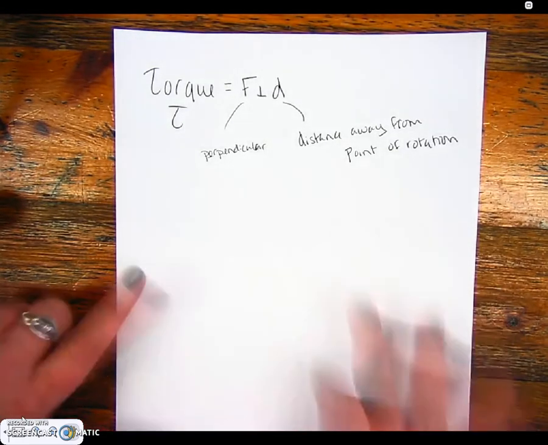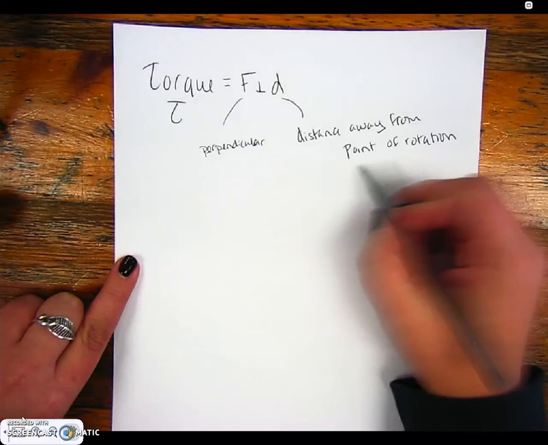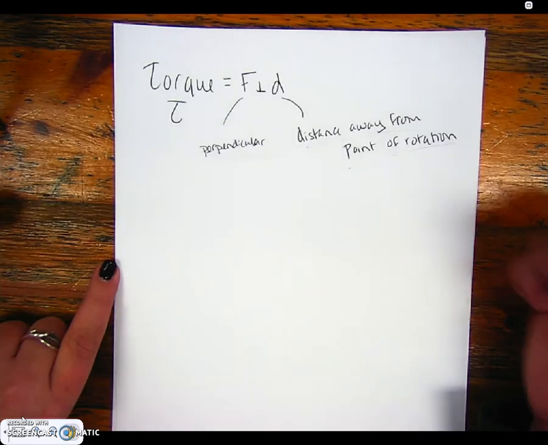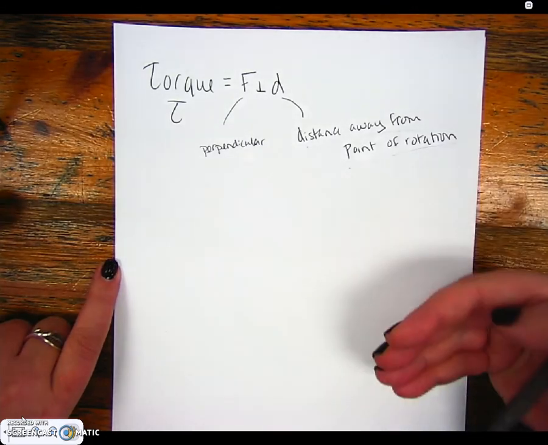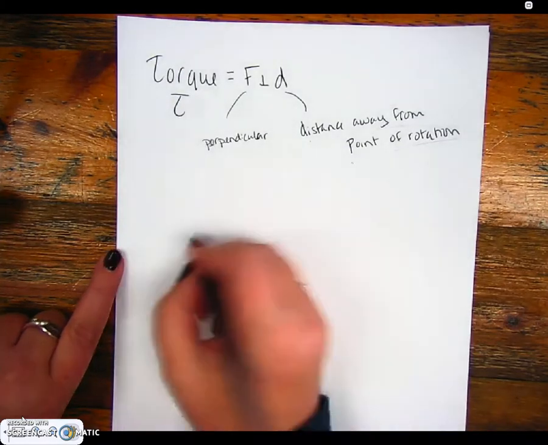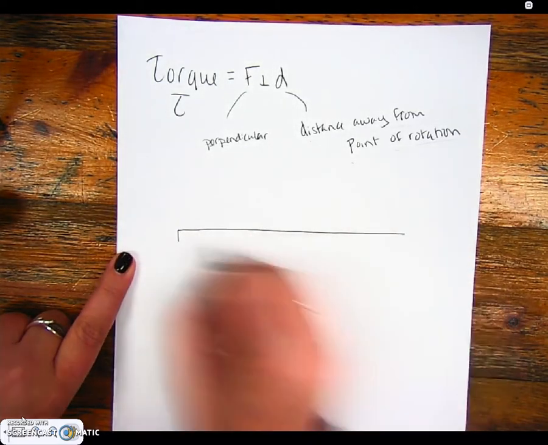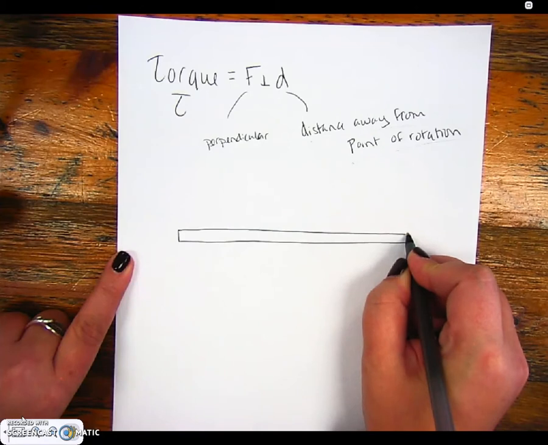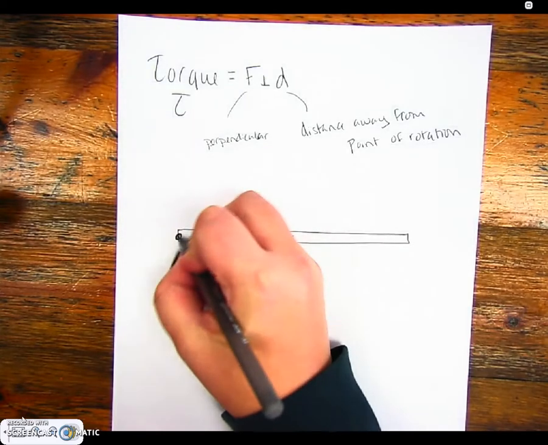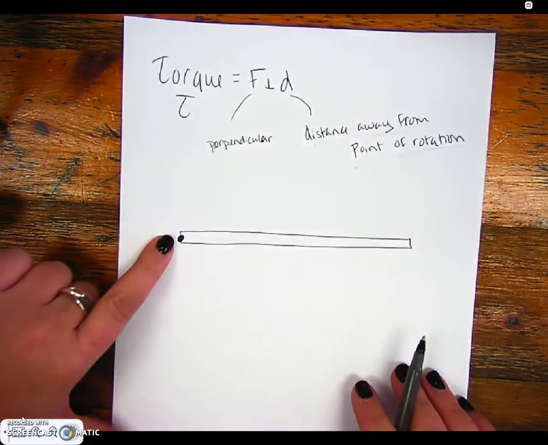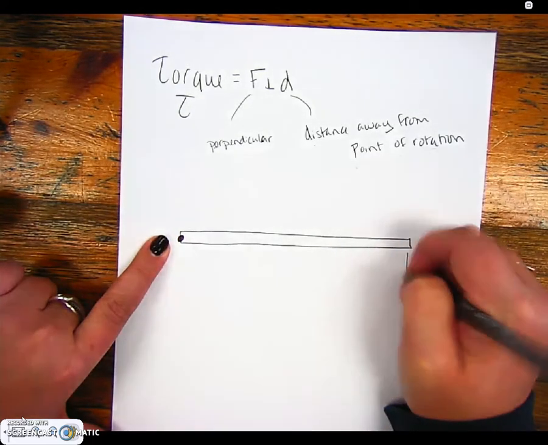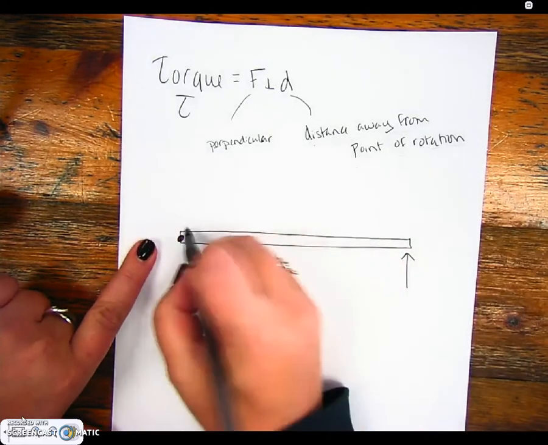And actually, I'm going to even simplify it, and we're going to say that we're not even going to deal with any problems to start with that are around the center of mass, because we're just going to make every object be massless. Right? So what does that really mean? If I were to take, say, a door, right, and we're just going to assume that the door has no mass, or like a negligible mass, right, and I were to fix the end of it right here, so here's where the hinge is, if I were to apply a force at the end of the door, and just for simplicity's sake, let's say that the door is